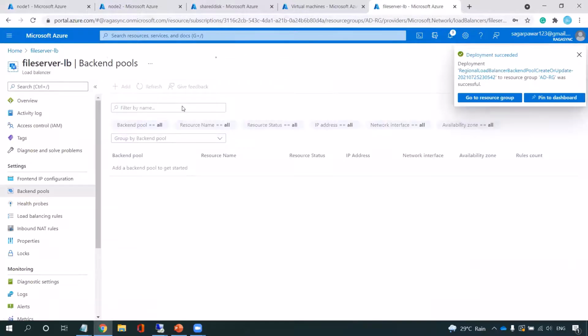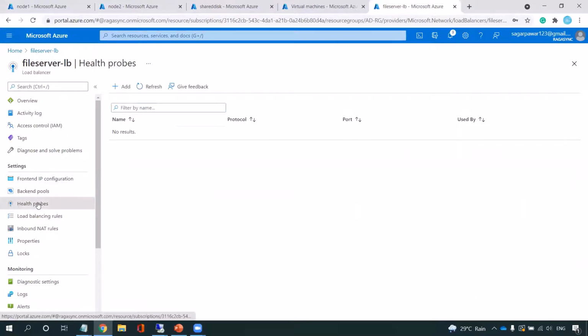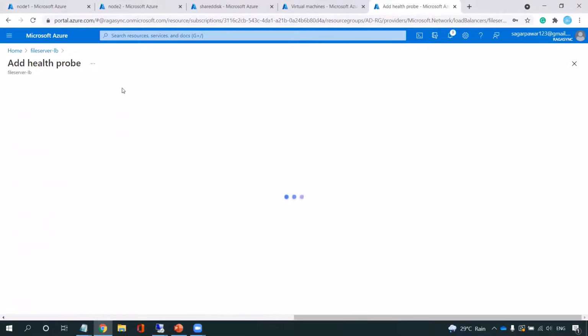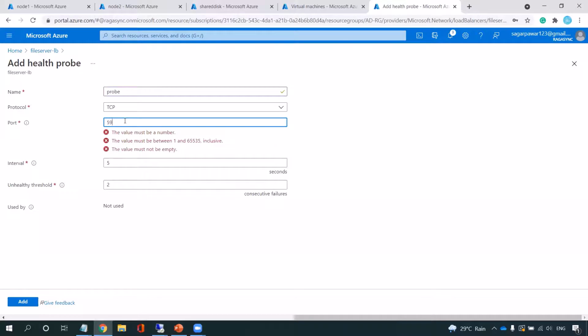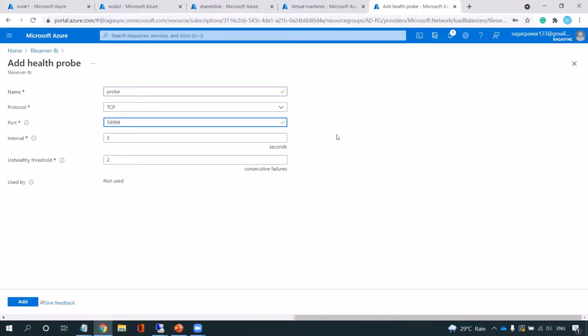We'll give some time to complete. Okay, now it is complete. Let me go to health probe. In the health probe, I need to add a health probe. This health probe will check the file server role. I will put the port 59999. This is the default port given in the documentation, which I have put here.